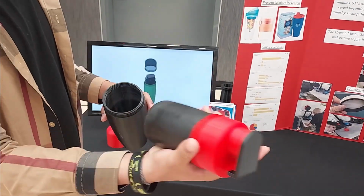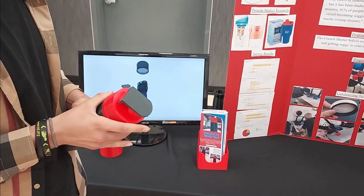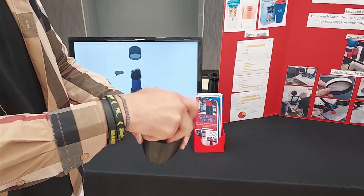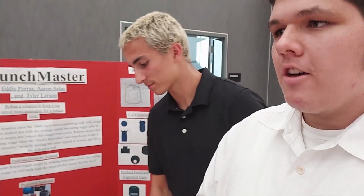So you have your dry cereal and then your milk. And you go ahead and put it in. Nice little bit tight fit just to make sure it's secure though. And you twist it in. Make sure it's locked. By separating the cereal and the milk, we are making it so they never really mix